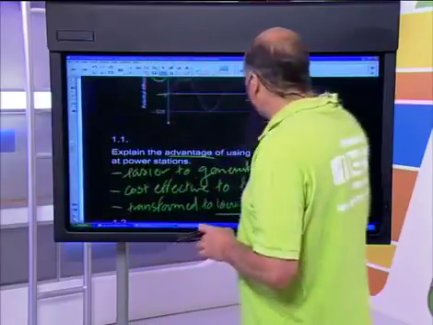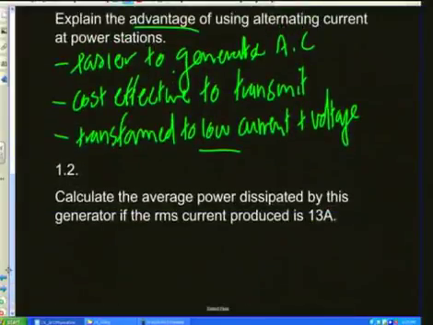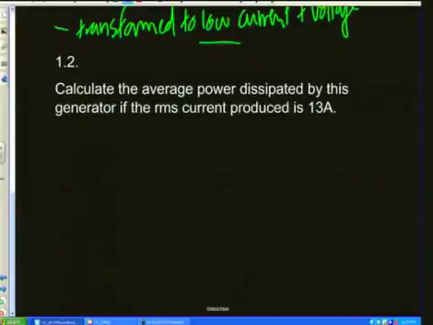So that's the really important part. I hope that explains it fully. The next part that we're asked to do is to calculate the average power. So guys, now I need you to understand, wherever you see average power, we must say average power is equal to